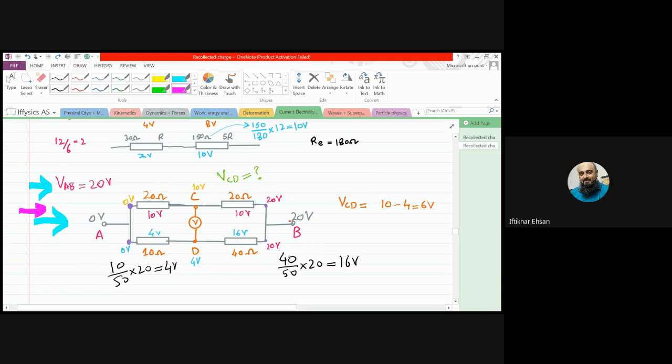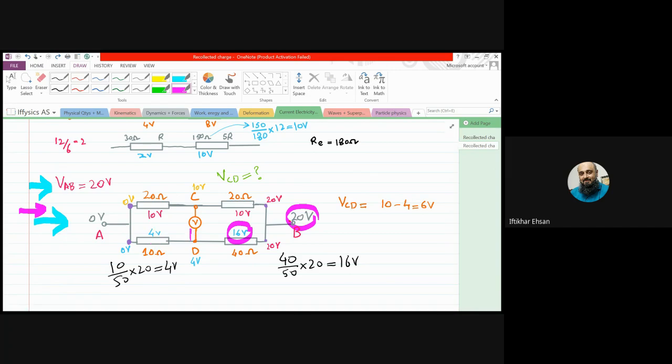So one thing you have to see: it is very balanced. In both paths, we start from 20 and reach 0 voltage. Similarly, we start from this 20 and reach 0. So the circuit is balanced, right? Mathematically, we can say how the potential difference works. Here we had 20, 16 was consumed here and 4 was consumed, so the total 20 is consumed and we are left with 0, right?